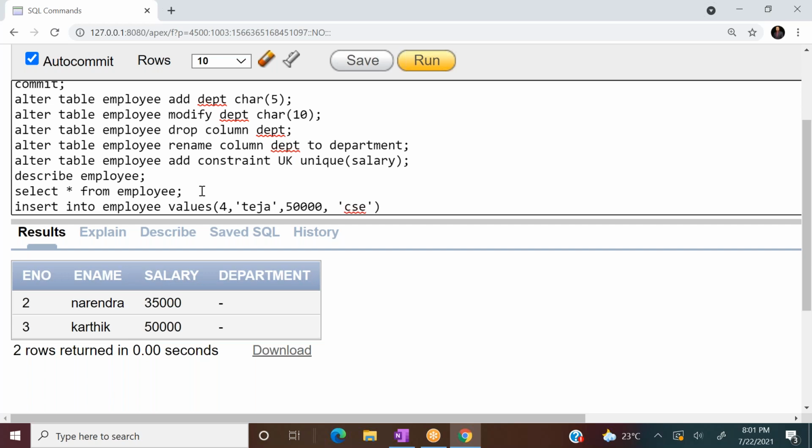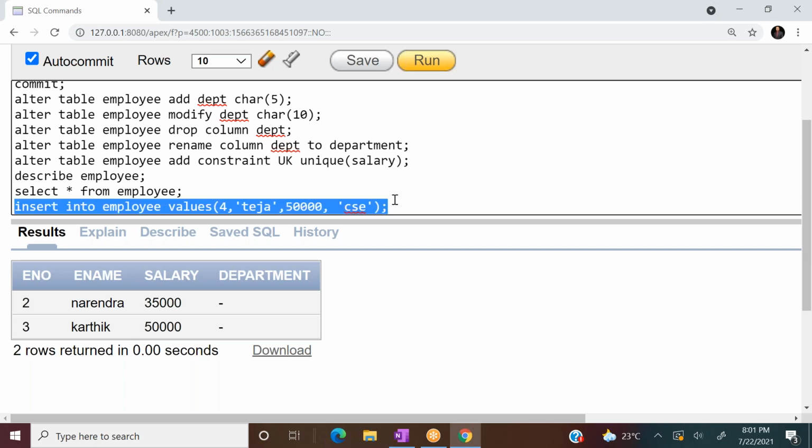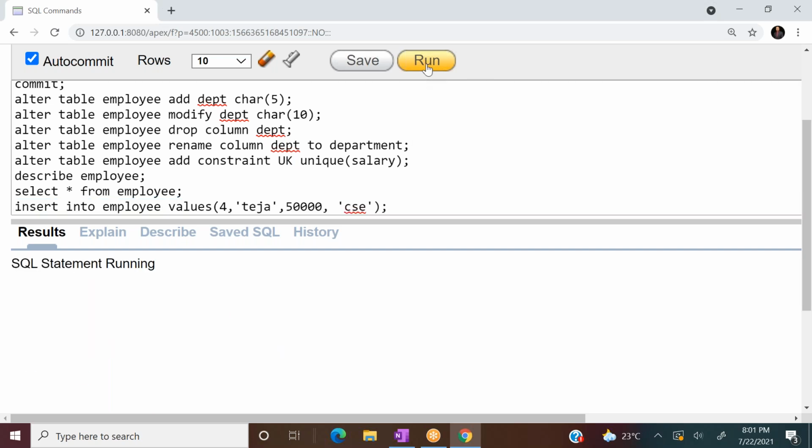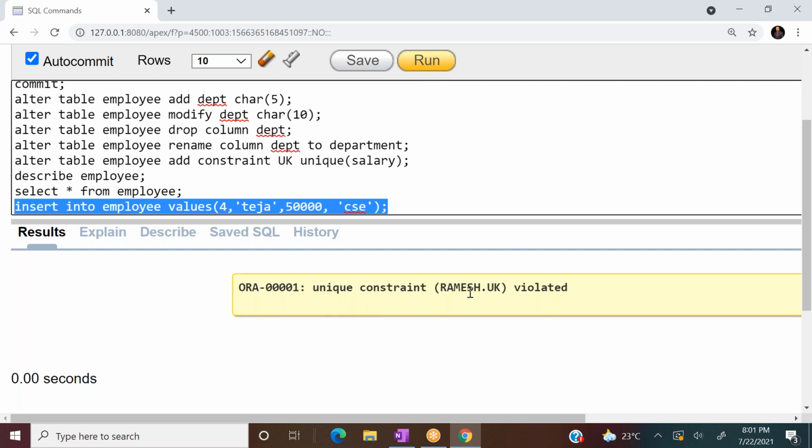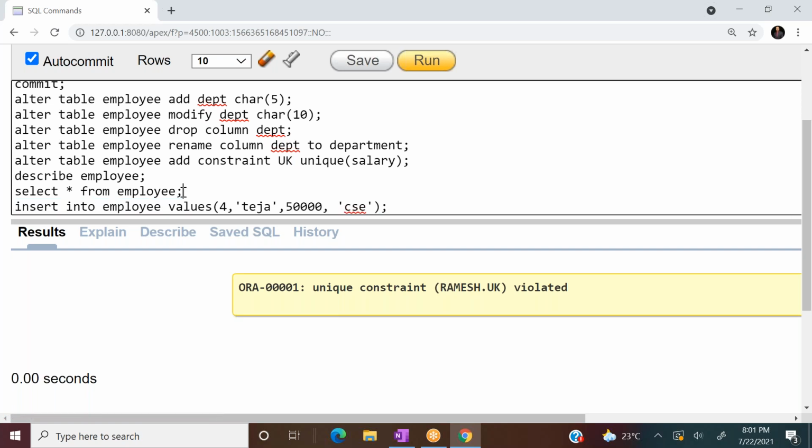Okay, close. Now when I execute this query, what output are you supposed to get? You are supposed to get an error, right? Click on run. It is giving error, unique constraint is violated, because I have a unique constraint on the salary attribute.